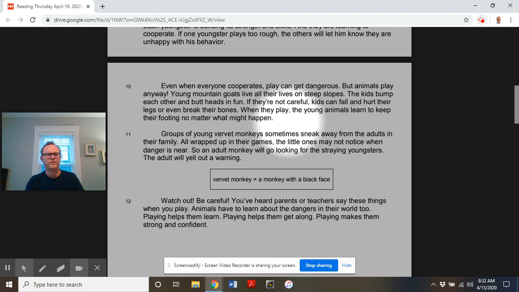Wow. I don't know if you've seen these kind of mountain goats. When it says steep slopes, there's almost nothing for them to stand on. It's really quite dangerous. But they have to practice it so that they can keep their footing, so they don't fall off the steep slopes. So, young mountain goats